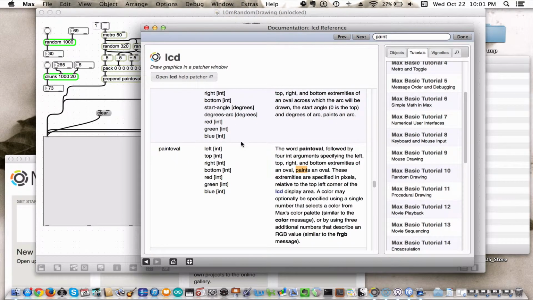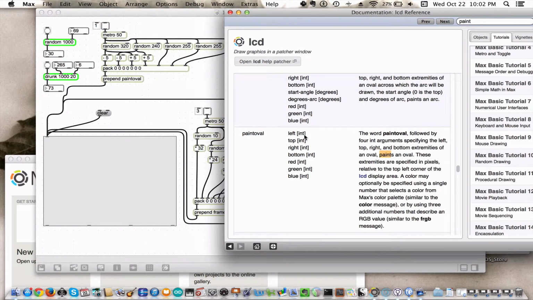So we're in the message section of the LCD reference file, and you see paint oval, and this list here tells you the order of the parameters, the order of the list of values that you're going to be sending to the LCD